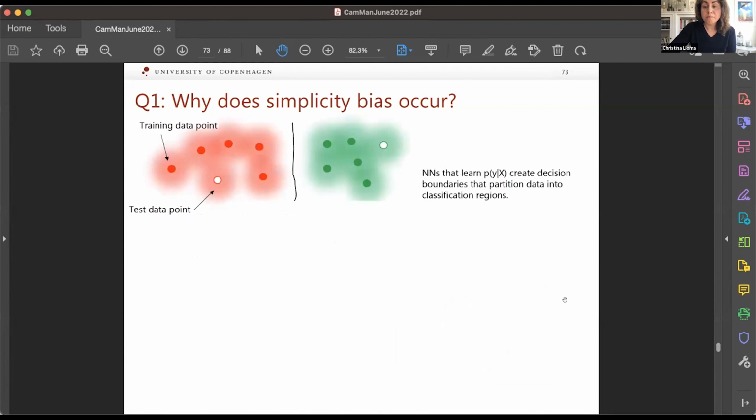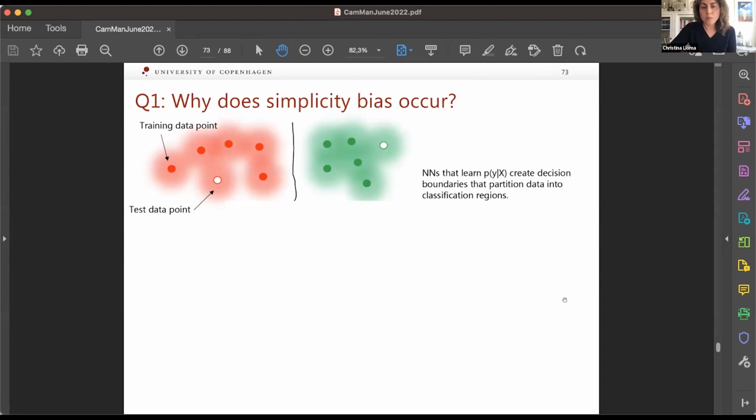The second possible explanation of simplicity bias is related to the representation of input data points by neural networks. Neural networks learn the probability of some classification label given some data input points, by defining a decision boundary that separates the input data into classification regions.